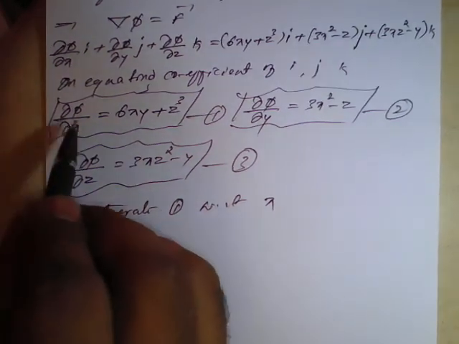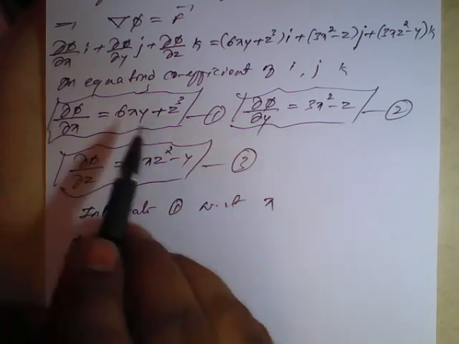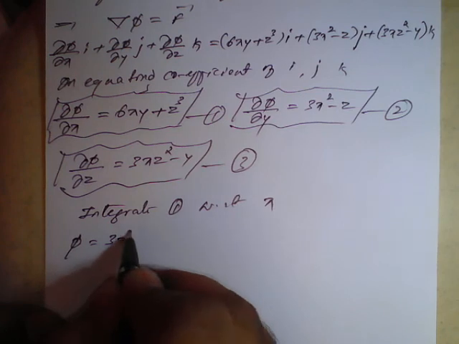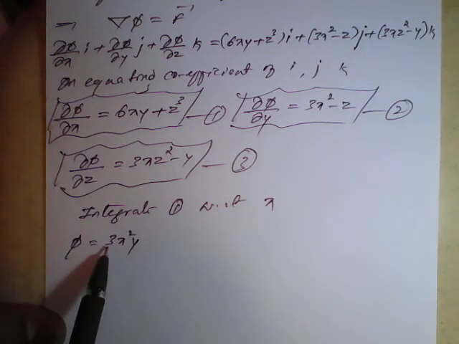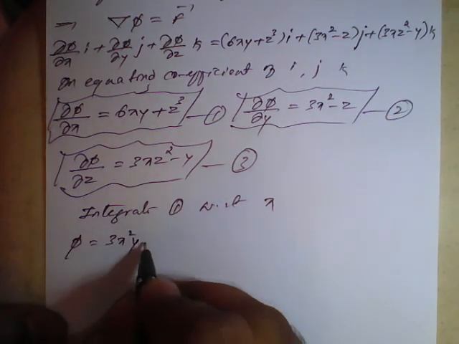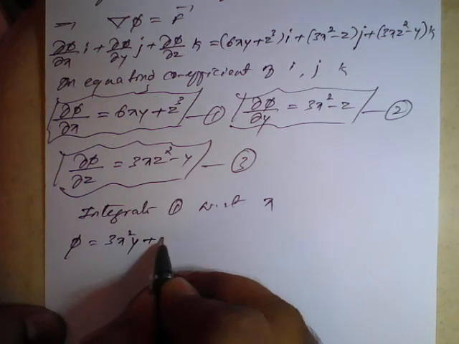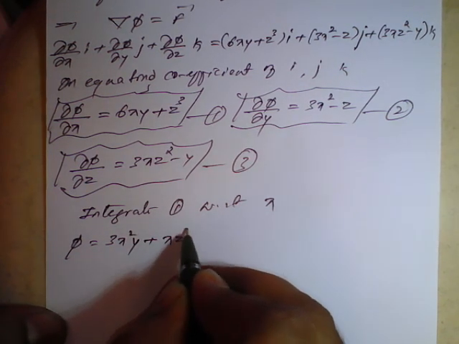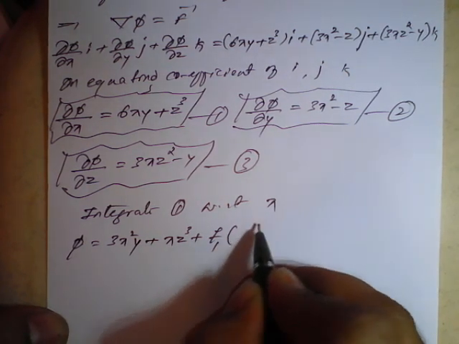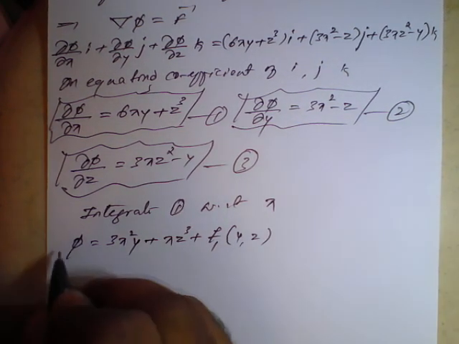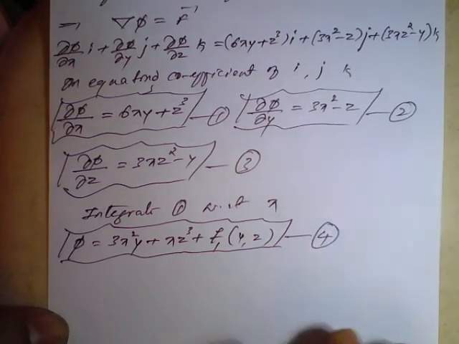Okay, observe carefully. So dou phi by dou x will become phi. Integration of 6xy with respect to x is what here? 3x square y, because integration of x is x square by 2. 2 3s are 6, so 3x square y plus, so integration of z cube, which is constant with respect to x, so you multiply x, it will become x z cube, plus integrating constant f1 of, so free from x means y comma z, which is equation number 4.